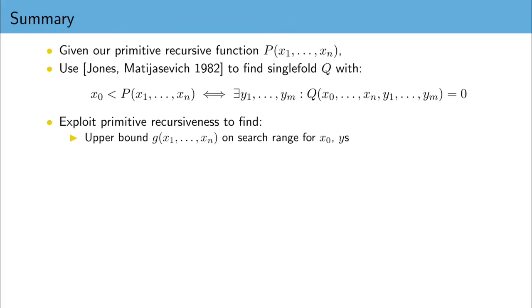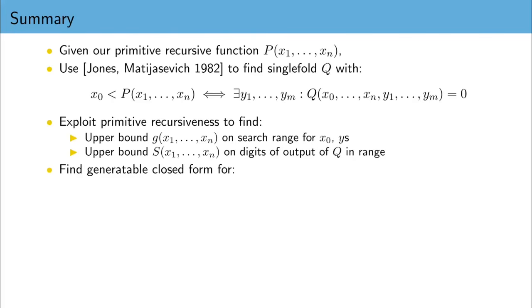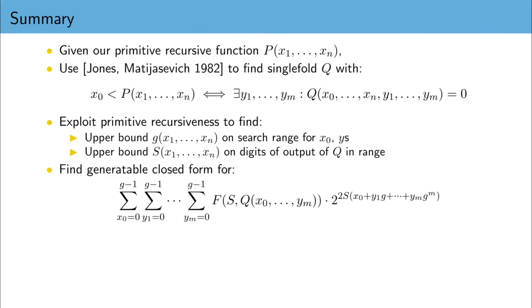But it is doable. And once we have generatable upper bounds on our search range, we can find generatable bounds on the number of digits of q for our digit stabilization function. Then we find a generatable closed form for the concatenation of a table of the digit stabilizations of all the values of q we want to search through for zeros. The resulting concatenation will have a digit sum of s times g to the m plus 1 plus s times the number of zeros. So we can extract the number of zeros from that, which is the value of p